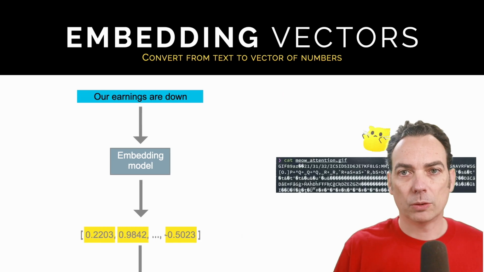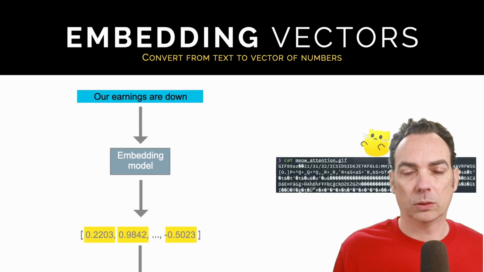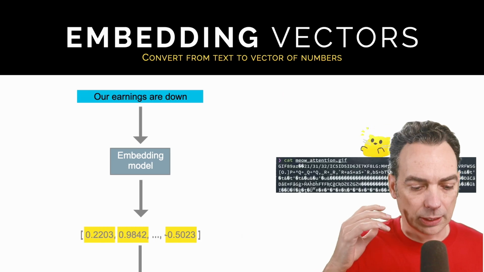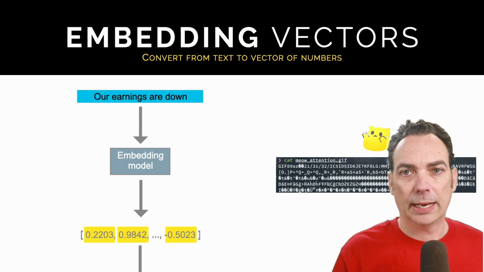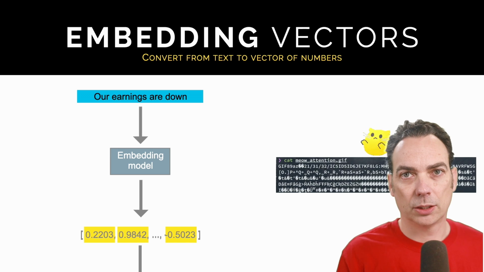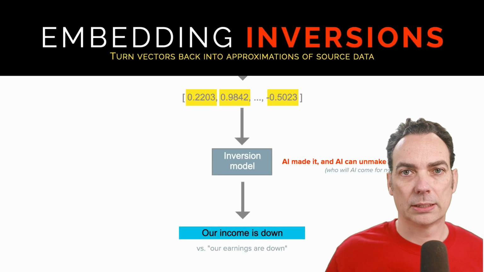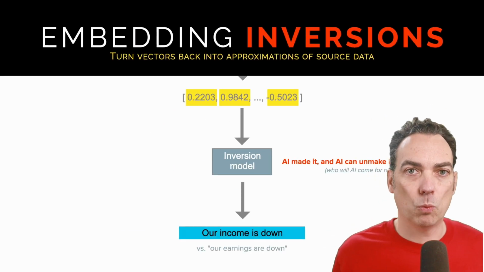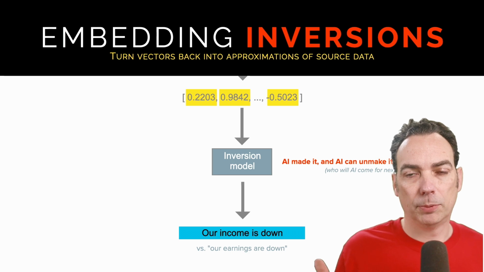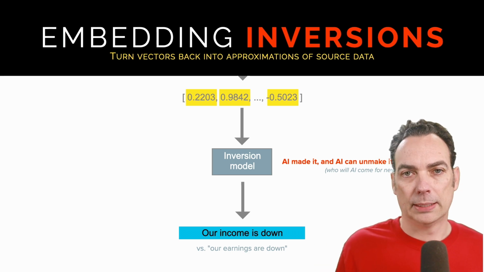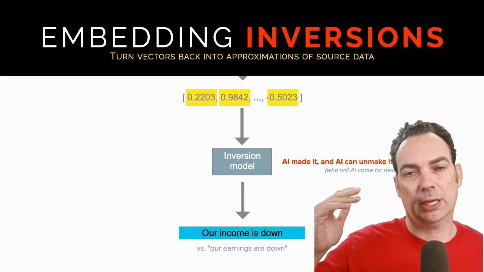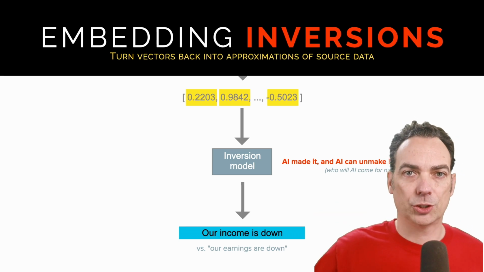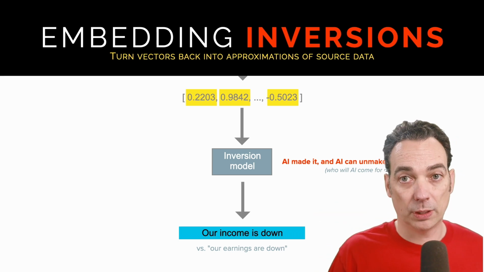And while they look meaningless to us, it's a lot like us looking at an animated GIF inside a text editor. It doesn't mean much to us unless the computer interprets it for us. In much the same way, those numbers are meaningful to the computer or to specific models, but not to us. And you can build what's called an inversion model that takes numbers and associates them back to text and then guesses based on numbers what text should be associated with it.